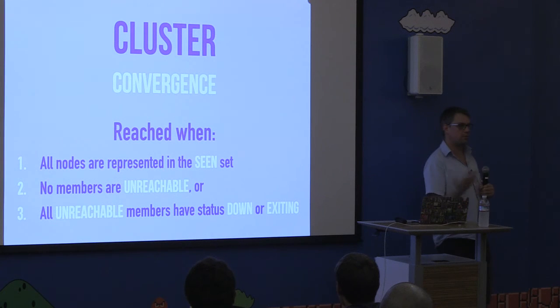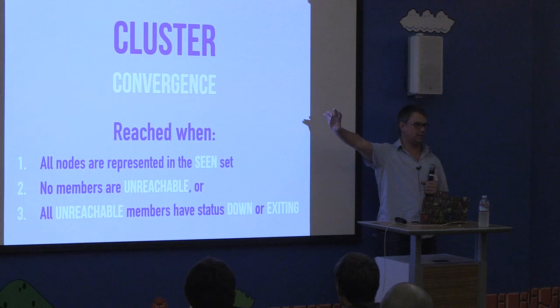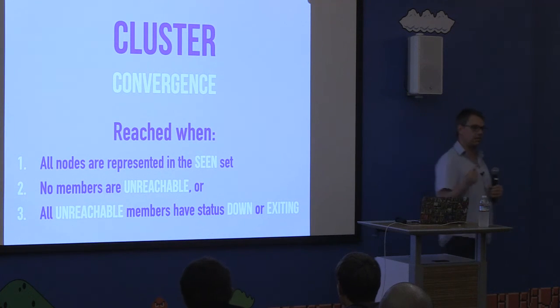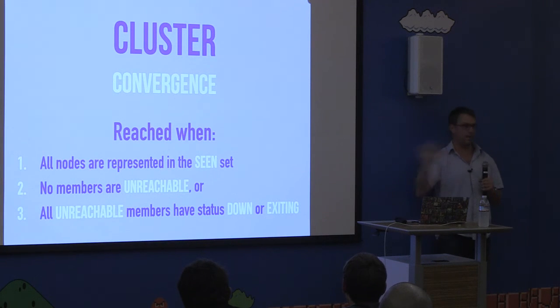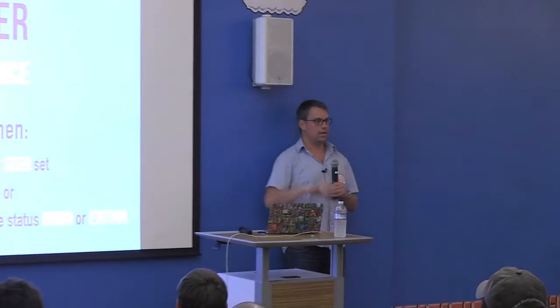And this is how we can keep track of when we reach consistency, because we reach consistency when all nodes are in the seen table, or the seen set, meaning that we know that everyone has seen this version, because it's versioned. Are you with me? As soon as someone has not seen it, it will increment. As soon as a change happens, a node comes, a node leaves, then a new set will be put into the gossip, and the version will be incremented. And this means that we have full inconsistency again, and everyone needs to start marking that they've seen this value.